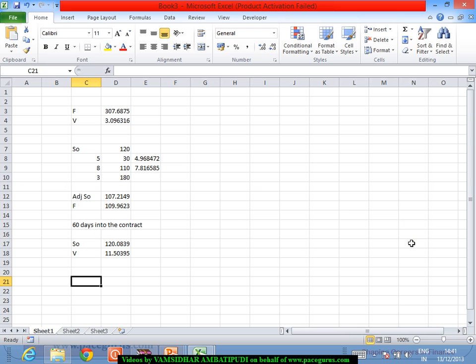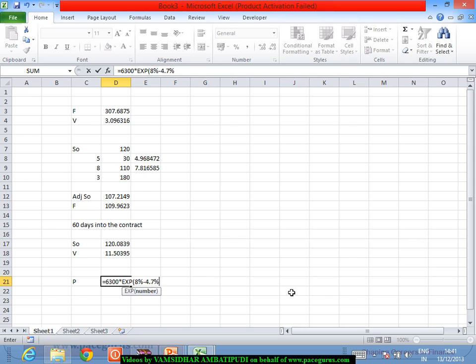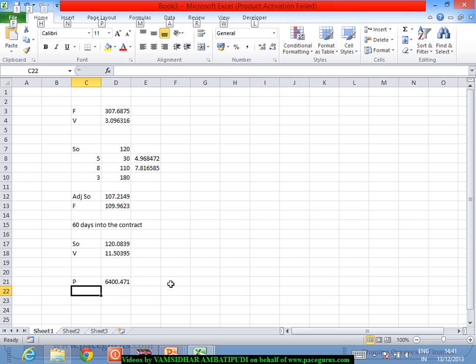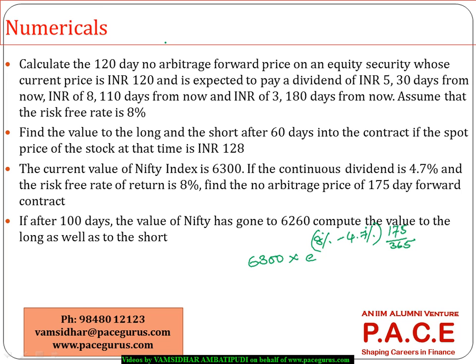So that is what is going to be 6,300 into e to the power of (8% minus 4.7%) into T, 175 by 365, which is working out to 6,400.47. This is going to be the no arbitrage